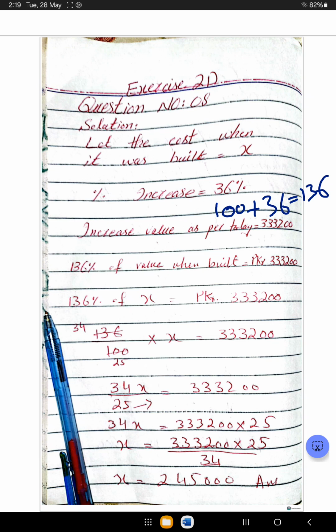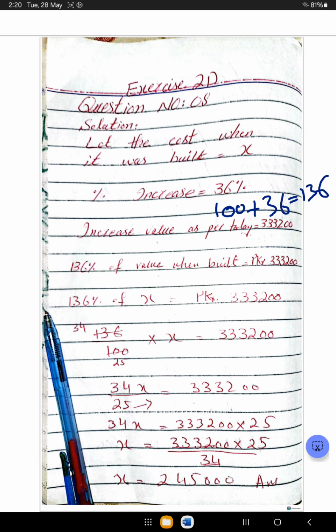When we take it to the other side of equality, it will be multiplied, so 3,33,200 times 25. 34 is multiplied by x, and when we take it to the other side of equality, it is divided: 3,33,200 times 25 divided by 34. When we cut out this, 3,33,200 divided by 34 times 25, the answer is